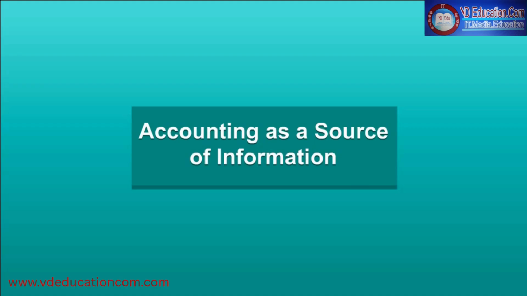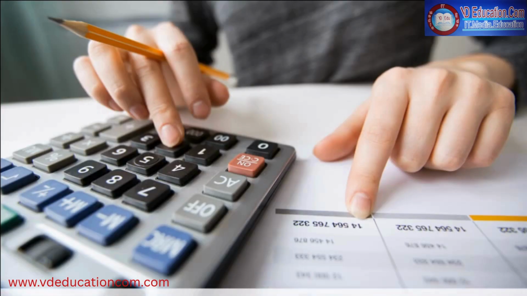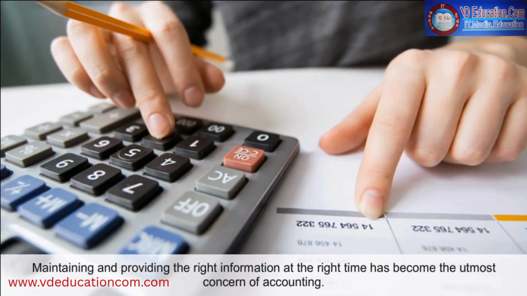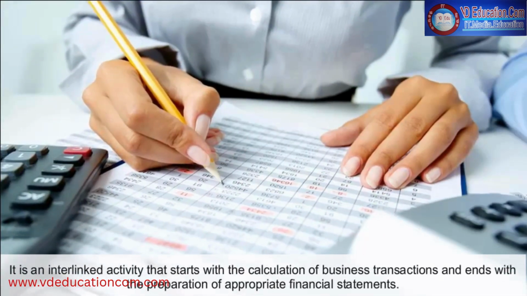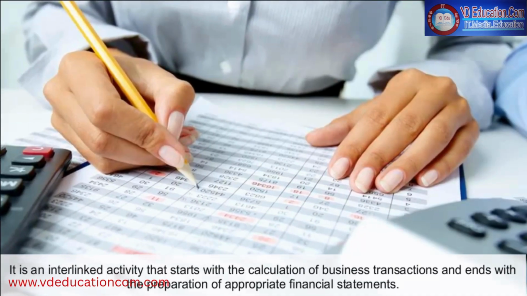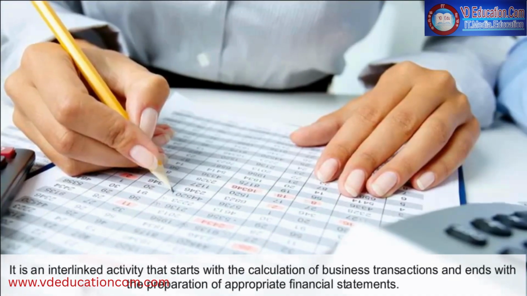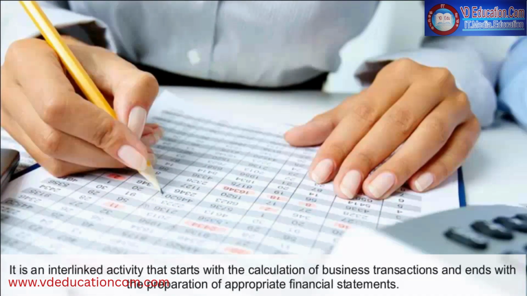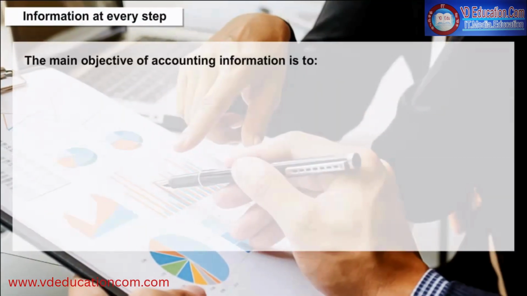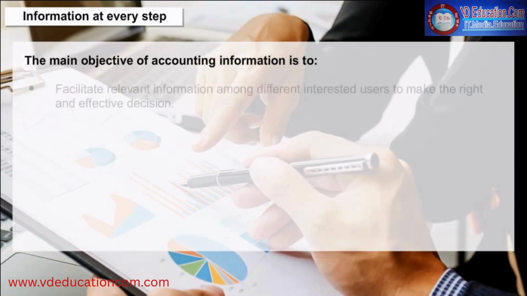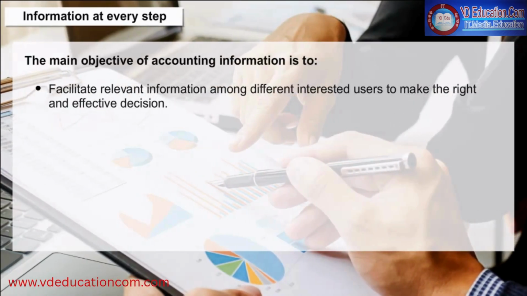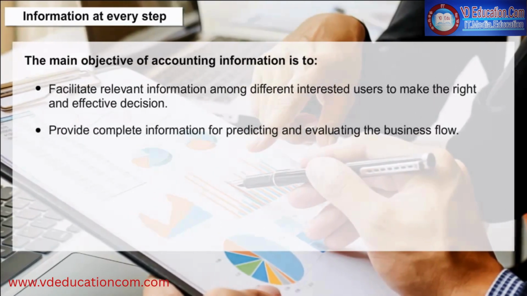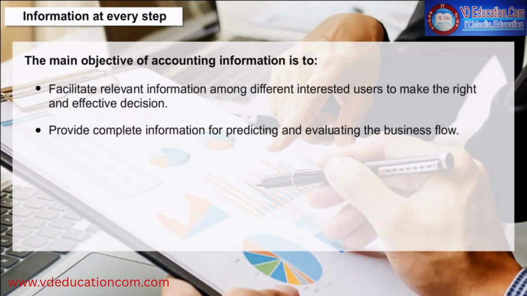Accounting as a source of information. Maintaining and providing the right information at the right time has become the utmost concern of accounting. It is an interlinked activity that starts with the calculation of business transactions and ends with the preparation of appropriate financial statements. Information at every step. The accounting process generates information at every step. The main objective of accounting information is to facilitate relevant information among different interested users to make the right and effective decisions, provide complete information for predicting and evaluating the business flow, provide appropriate